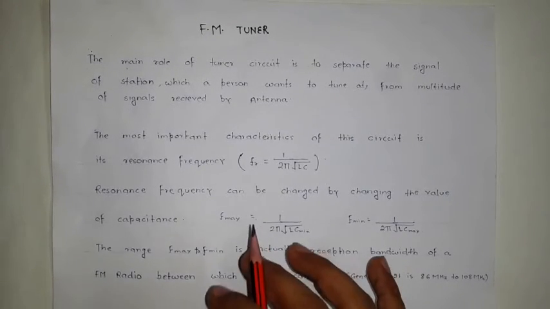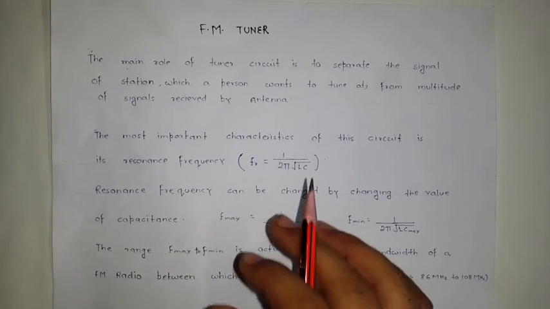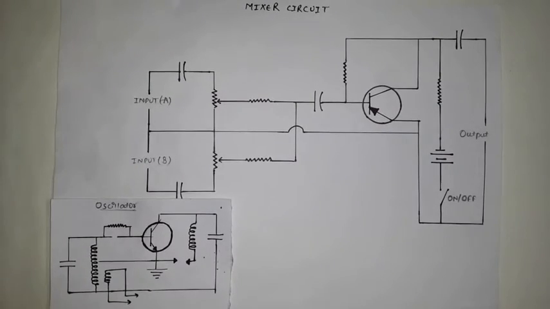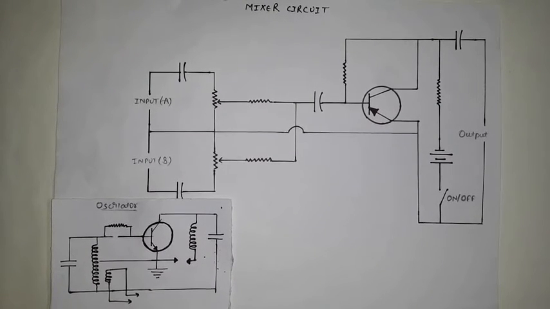Since till now we have selected our tuned frequency out of a lot of frequencies present in the antenna, this circuit is also known as the selector circuit. Now this wave goes to the RF amplifier, which amplifies it manifold and sends it to the mixer. At very high frequency, signal processing circuitry performs poorly. Elements like transistors can't deliver much amplification, so we use the mixer to generate an intermediate frequency.